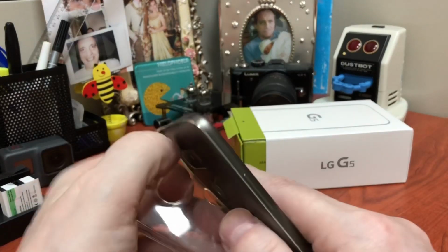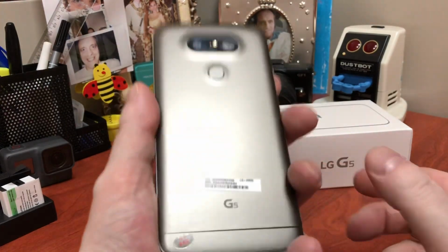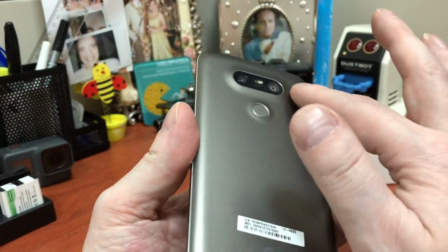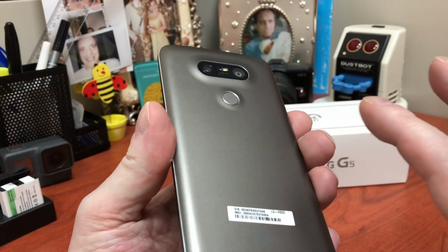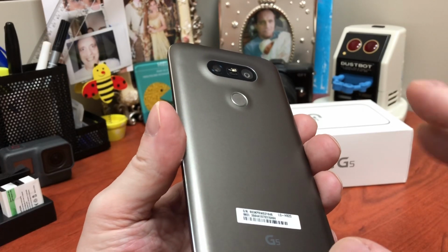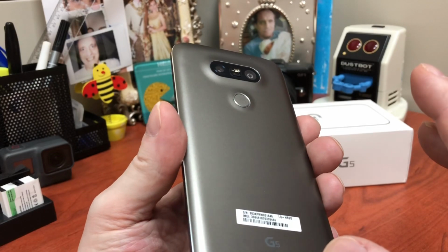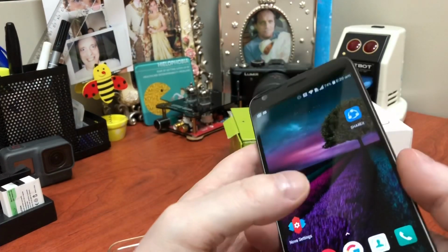But I think this phone still looks really cool. I don't know, again, I think this depends on your taste really, but I just really like it. I don't know what it is about this slight bump here with the camera, and the camera's really good. And many people reviewed the camera and they really enjoyed its dual camera, and you could get really good wide angle shots on it, because one of them is a wide angle lens, and really the camera still stands up